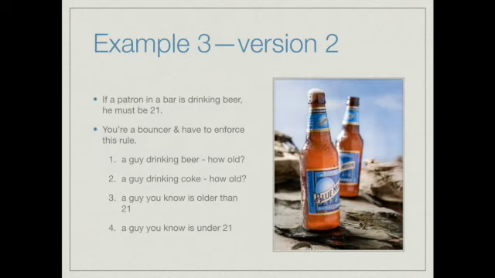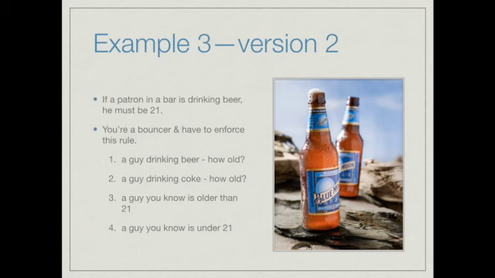Okay, so let's look at another version of the previous examples. Almost everything is the same as the if D then 3 rule, except we've changed the content. And this example I've borrowed, by the way, from Steven Pinker. Here, if a patron is at a bar and is drinking beer, the patron must be 21. So let's say you're a bouncer and you have to enforce this rule. If drinking beer, the person must be 21, right? Otherwise, the bar will get shut down and you'll lose your job. So it's really important that you follow this rule.